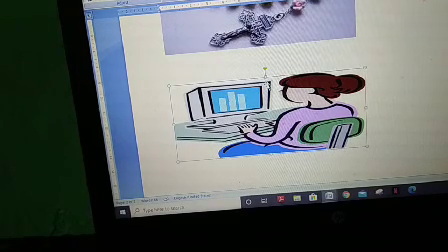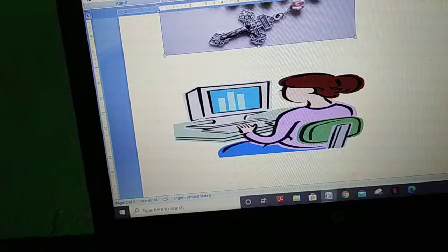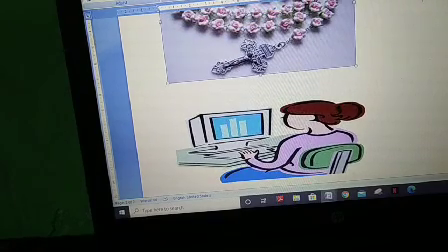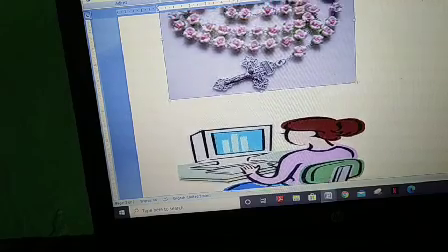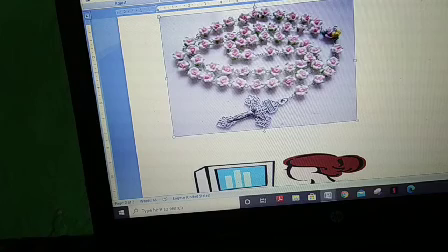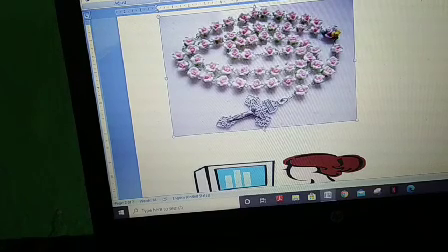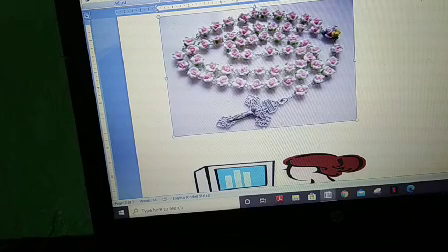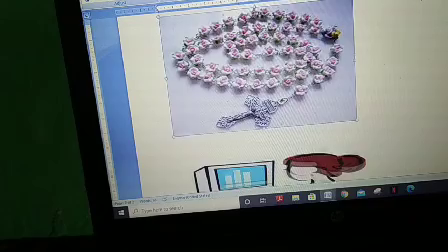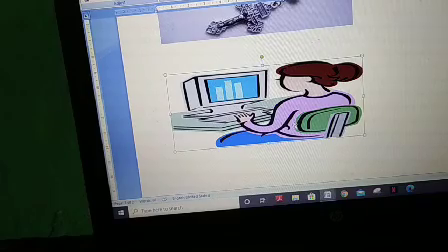Cropping a picture. If you want to crop a picture, whether it's a picture or a clip art, it can be cropped. Cropped means cut. The part which you don't want can be cut. I don't think there is any part to be cut here.